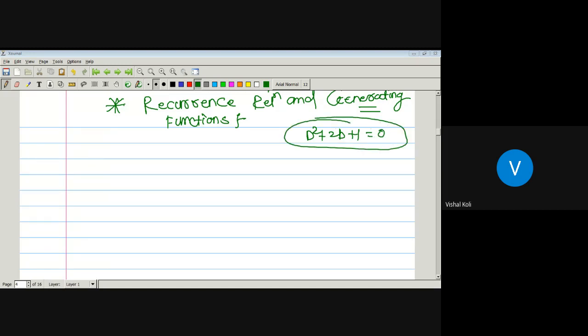For example, if it is equal to 0, then it must be in the homogeneous form. If it is not equal to 0, that is, suppose some sin x, cos x, whatever it will be, then we have to first convert it into its auxiliary equation, and we will find out its complementary function, CF, and then we will find out the value of PI, that is, the particular integral, and the sum of this complementary function and particular integral is nothing but the solution of the given differential equation.